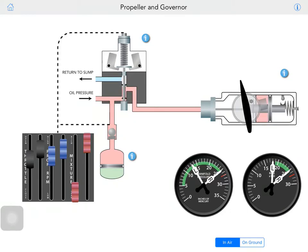So when you cut the engine mixture, basically the governor tries to control the RPM, because your RPM gets slower, and it pushes oil from the sump. The reason your RPM gets lower is because your engine doesn't have any power, and your propeller is still windmilling and creating a little bit of pressure in the oil sump and the engine. Your engine-driven pumps are still pumping, and that oil gets into the hub and keeps it in low pitch right now. That's why you have this open and that oil going, trying to push that nitrogen-loaded piston. And take a look at your RPM. You're still in the air, and your RPM is kind of...